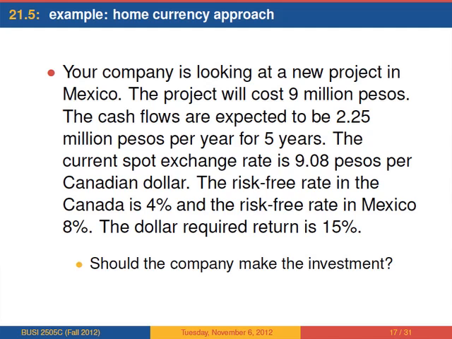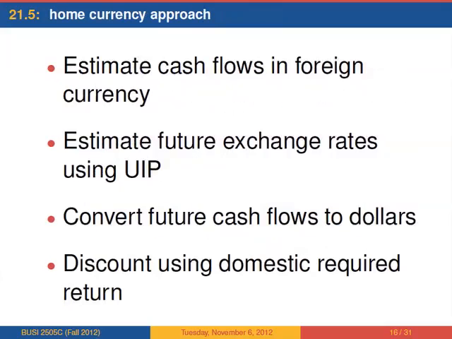So what we're going to need to do is, we already have estimated the cash flows in the foreign currency. That's just given in the text of the question. So now what we have to do is figure out what is the expected spot rate of each of those 5 years. So that's the longer part. Now, one concept that you've got to look at is